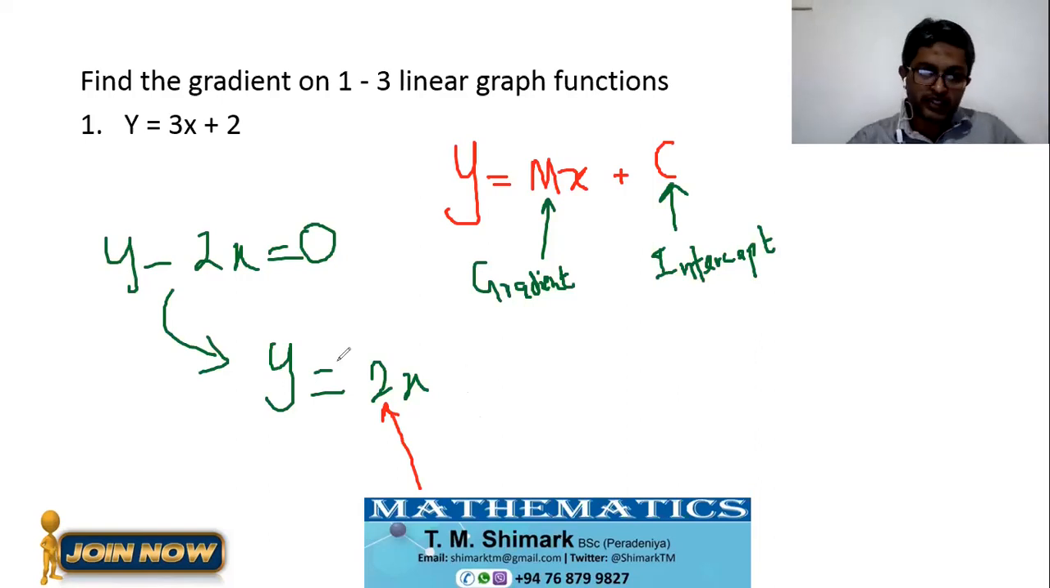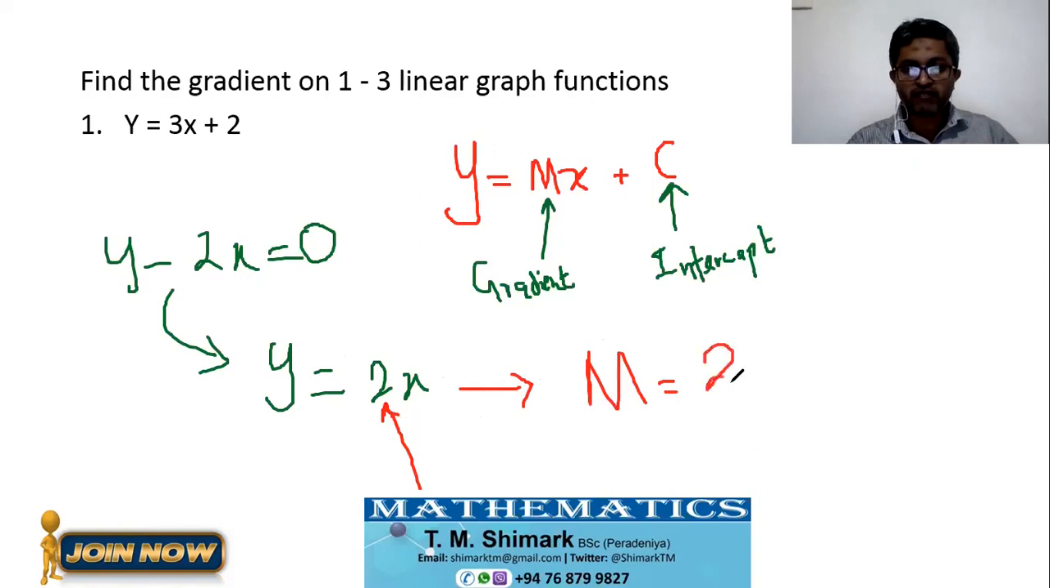So in this equation, y equals 2x, what is the gradient? In this, m is what? 2. M is 2, right? M is directly there. If you see this equation with x, what is in front of x is called the gradient. In general terms, we call what is in front of x